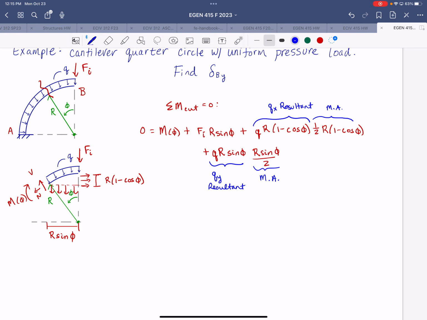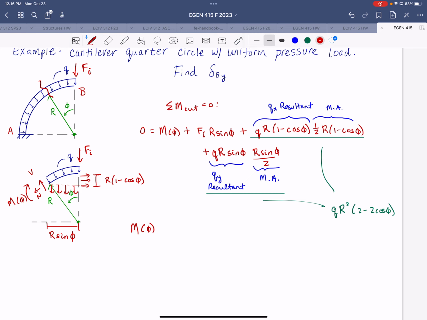So this simplifies then down to, let's see, how do I want to do this? I'm going to say this part in green underline simplifies to QR squared times 2 minus 2 cosine phi. That won't be immediately obvious, but that's what it simplifies to. So we can then write